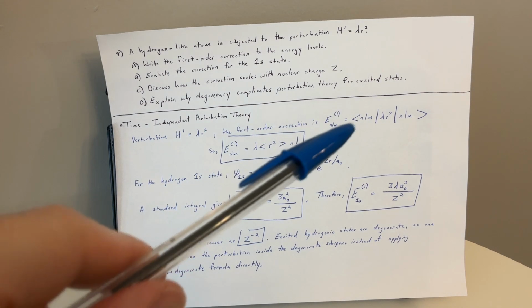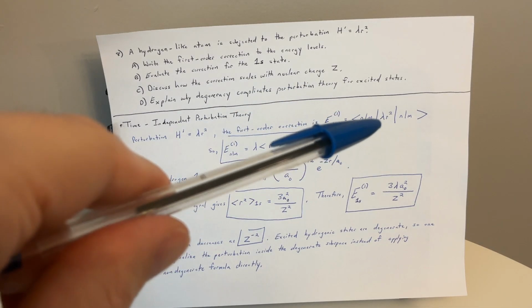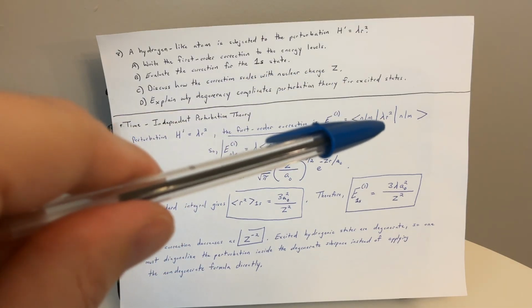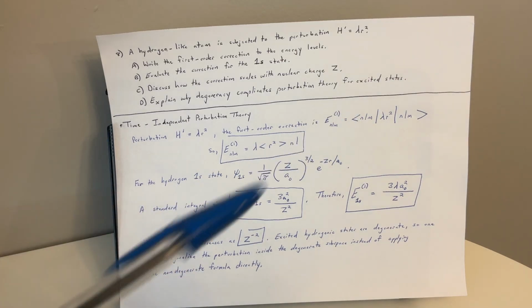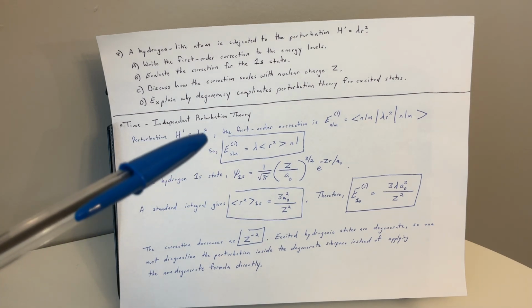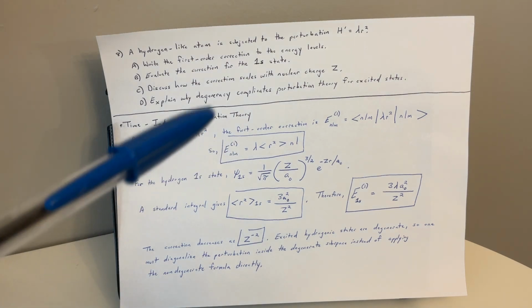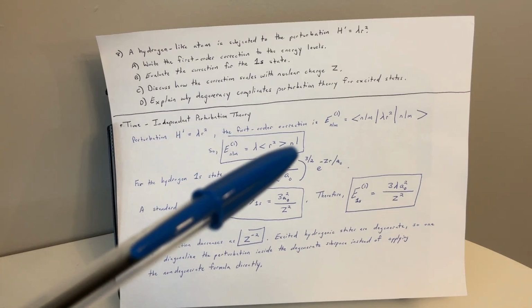The first order correction is given by the bra n l m, lambda r squared, ket n l m. Technically, I should have said bra n l m, lambda r squared, ket n l m, hard to pronounce. So here, for our first order correction to the energy levels, we get that